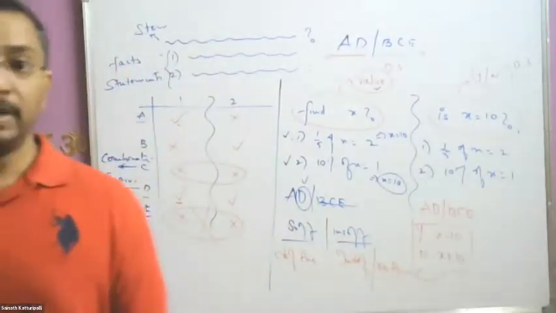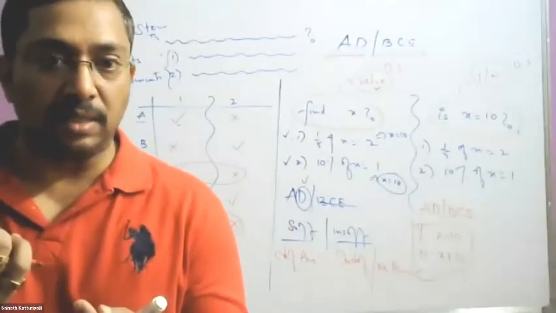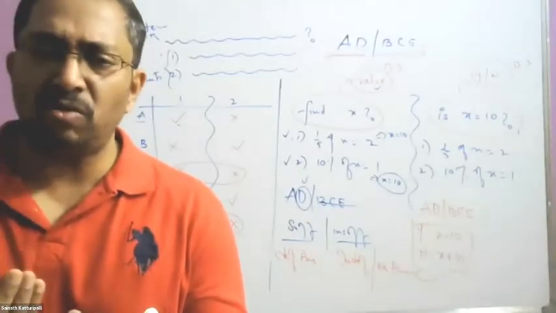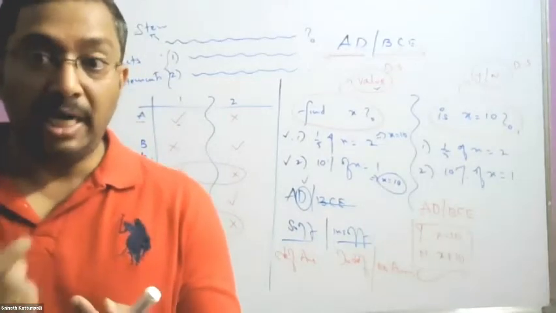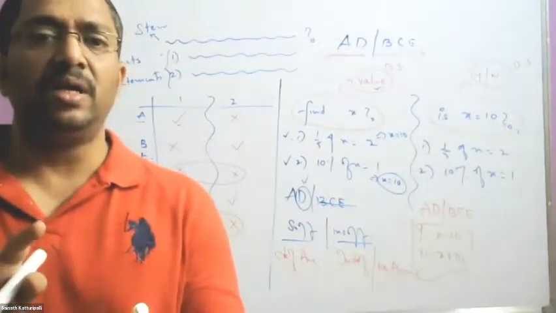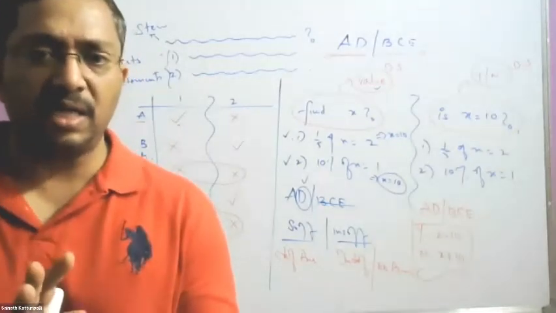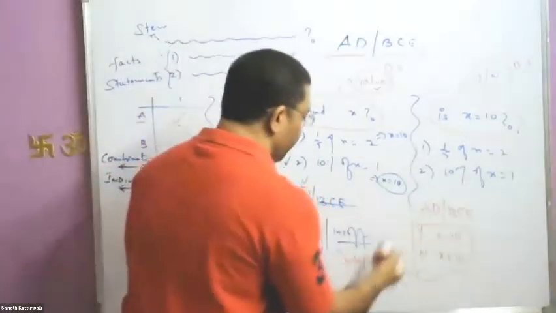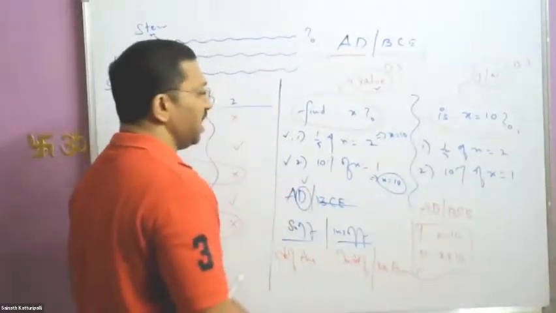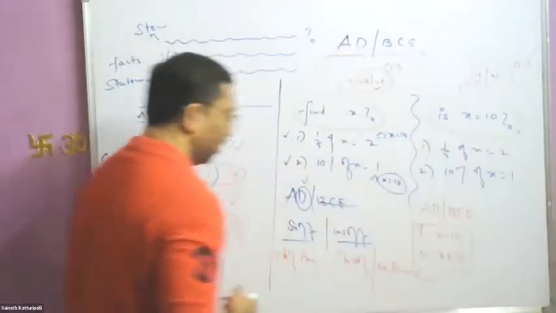Are you getting it? Did you get the difference between the two? Indefinite means more than one answer, be it a value-based question or a yes/no question. कुछ भी होने दो, दोनों में से कौन सा भी question होने दो. Multiple answers आ रहे हैं तो insufficient. Unique answer, definite answer आ रहे हैं तो sufficient. Got it ना? यहाँ पे value-based questions में कोई दिक्कत ही नहीं है. Problem yes/no question में आएगा.